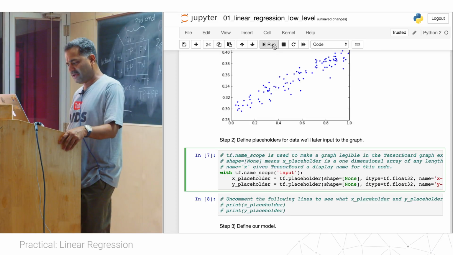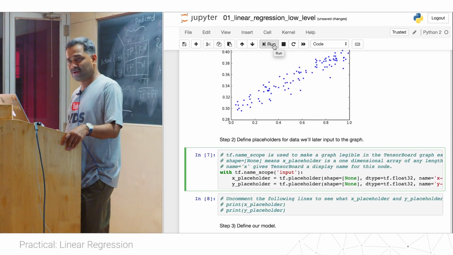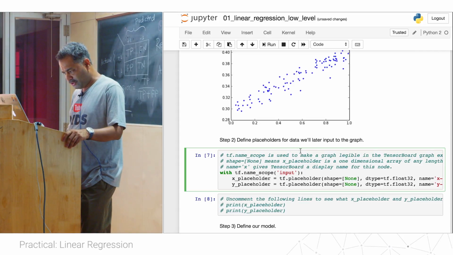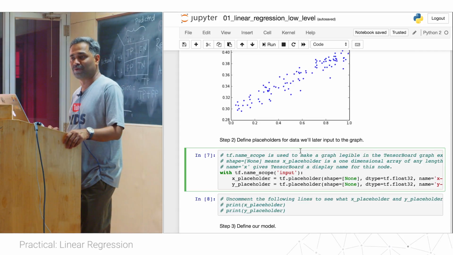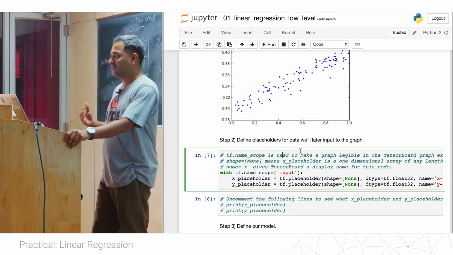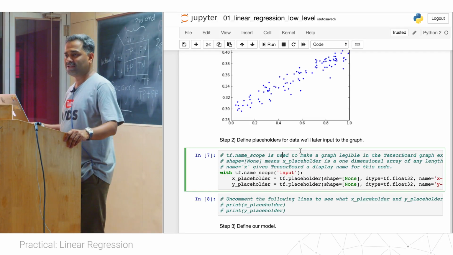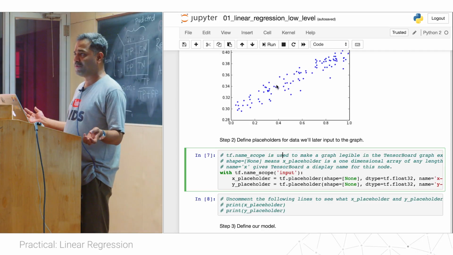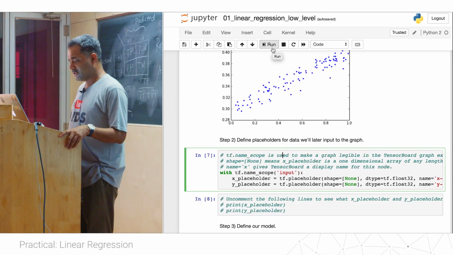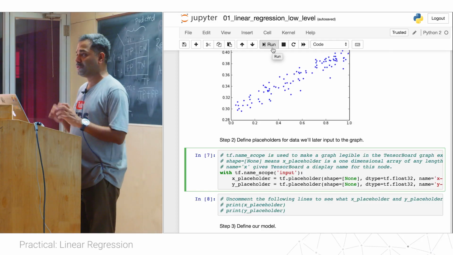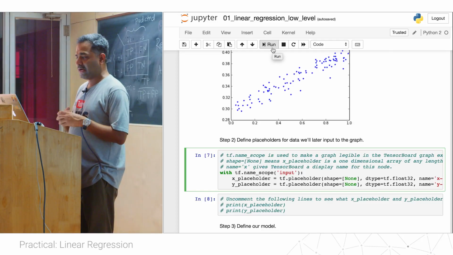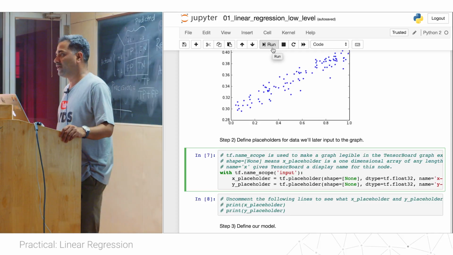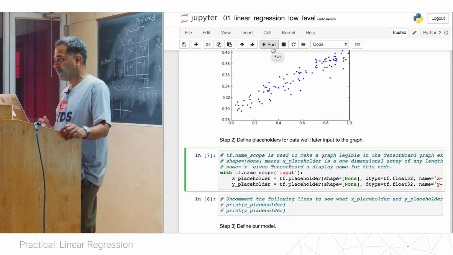Now, as I said earlier, we talked about placeholders. For the inputs I'll use placeholders. You may be wondering what this name scope input is. It is used for scoping the variables. If you have a huge data flow graph, you do not really know the scope of the variables, so name scope helps you scope them. It is also useful because you get a much more compact output in TensorBoard if you do scoping properly.